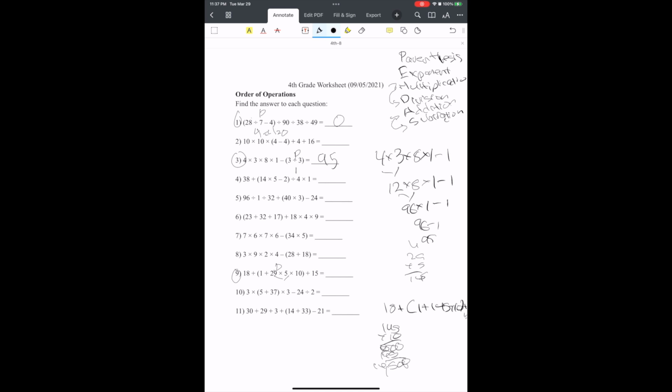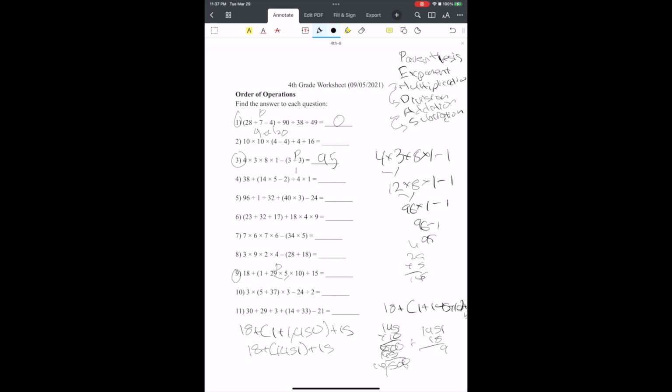So now that we know it's 1,450, our new equation is 18 plus 1 plus 1,450 plus 15. And then it would be 18 plus 1,451 plus 15. And then you do 18 plus 1,451, so 1,451 plus 18, 8 plus 1 is 9, and